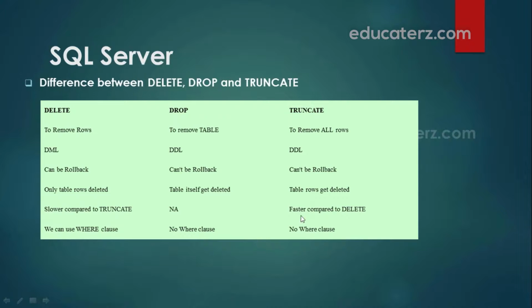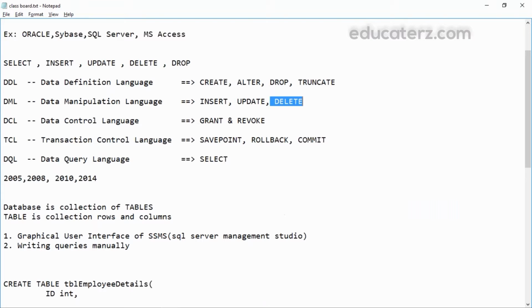But when you truncate, you cannot use rollback because all the rows get permanently deleted. You do not have an option to use rollback. At least here you can use rollback. Delete can be rolled back, you cannot roll back with drop and truncate. This is one of the very important interview questions. They may ask you the differences between delete and truncate or delete and drop or drop and delete, whatever the combination. Please remember this table and answer that in an interview.